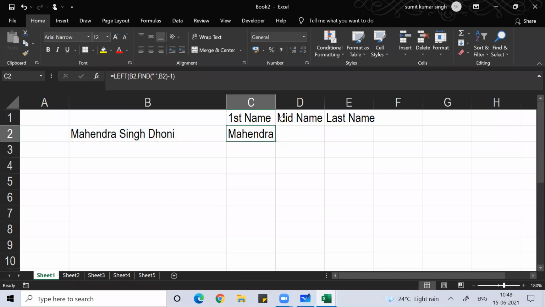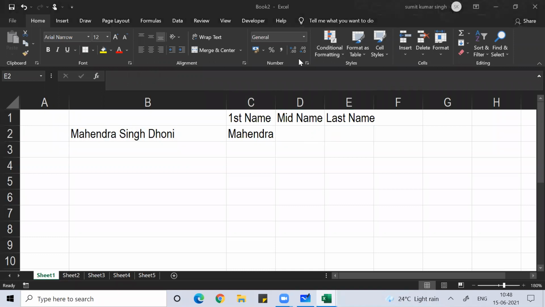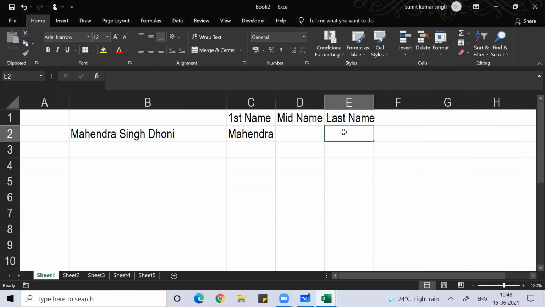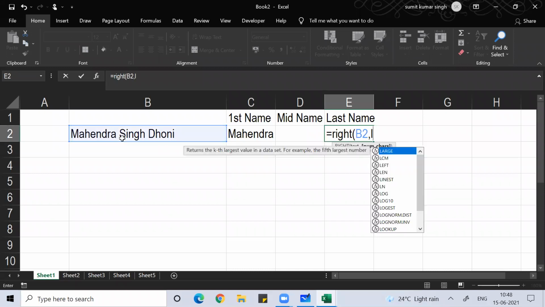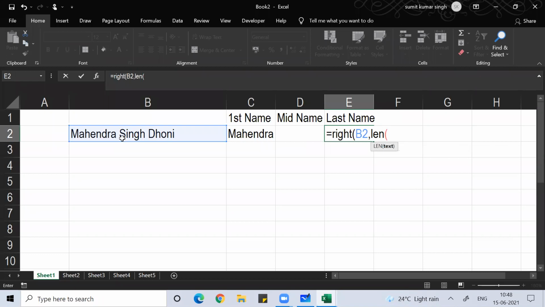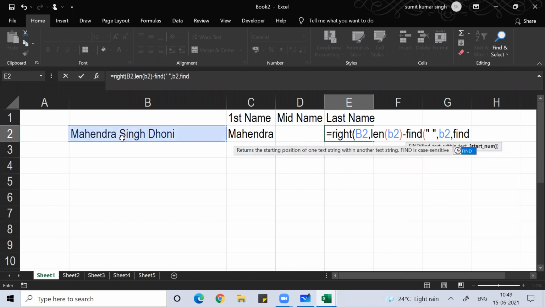Now, before I do the mid name, I'll do the last name because the mid name is complicated. So the last name, same thing you do. Equal to right, text, this is your text, comma, number of characters. For that you'll do length of B2, minus find double quote space double quote, comma, B2, comma, find double quote space double quote, B2.